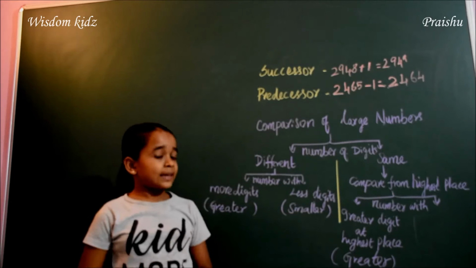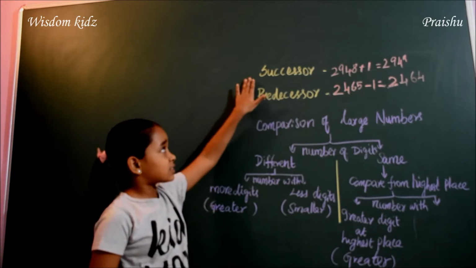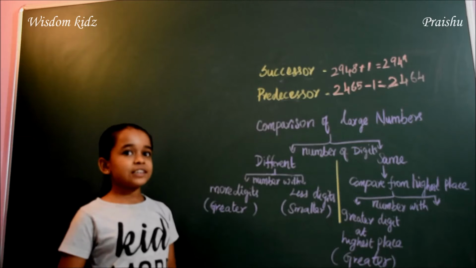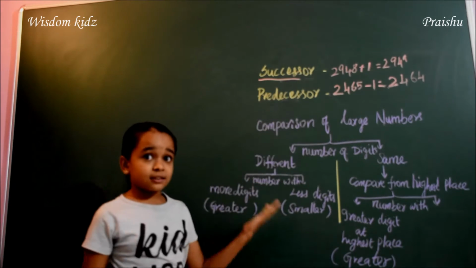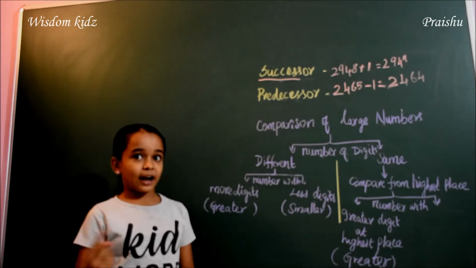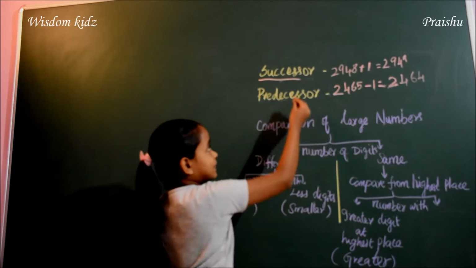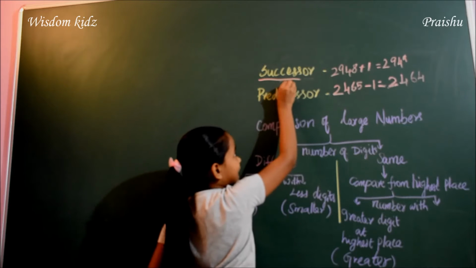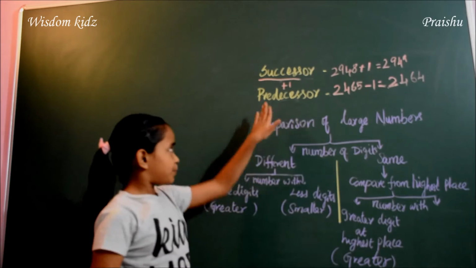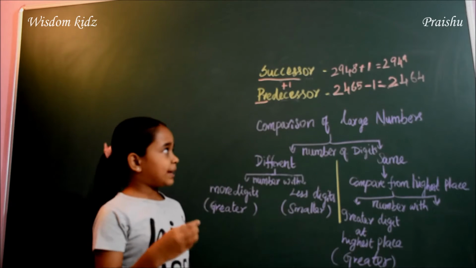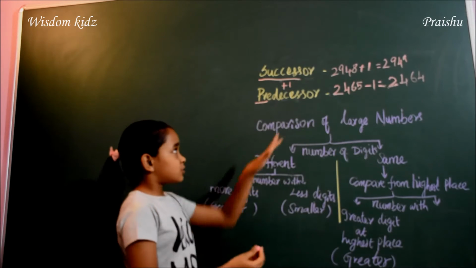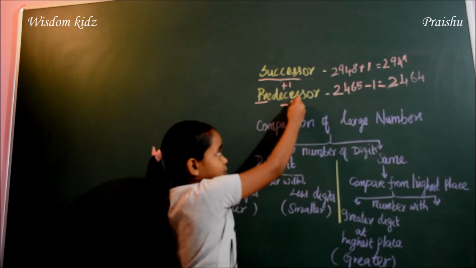So it is very easy to remember successor and predecessor. I have a trick. See, success means succeed. I go one step ahead. So when you go one step ahead, just plus 1. And for pre, it comes previous. Previous means before. So it will be less 1.